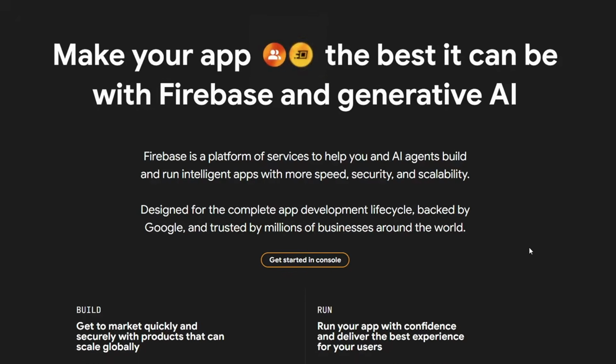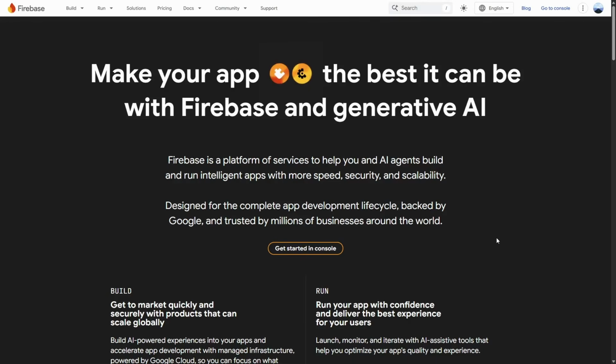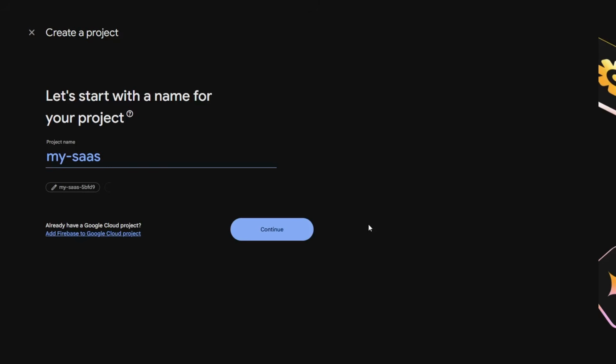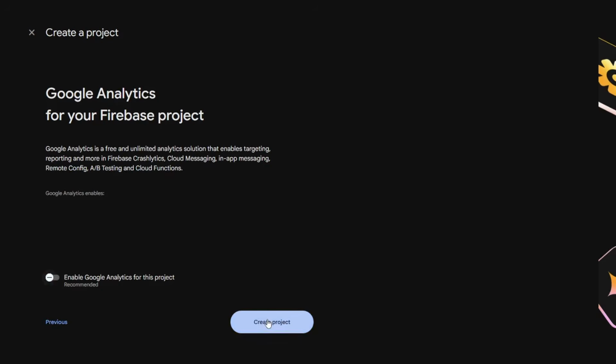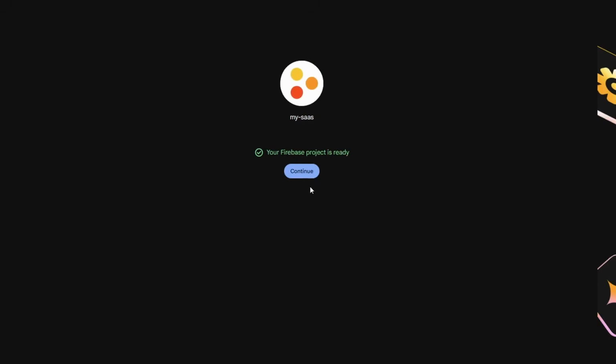All right, to handle our authentication and our database, we're going to use Firebase, and the reason for that is that its free tier is very generous. And once you've created a Firebase account, you just click on Create a Project, give it a name, hit Continue, disable that, and create the project. And within a minute or two, Firebase will have spun up this project. All right, that's finished. Just hit Continue,